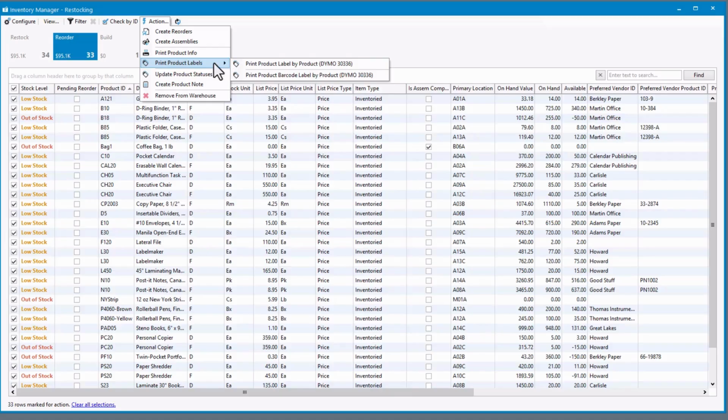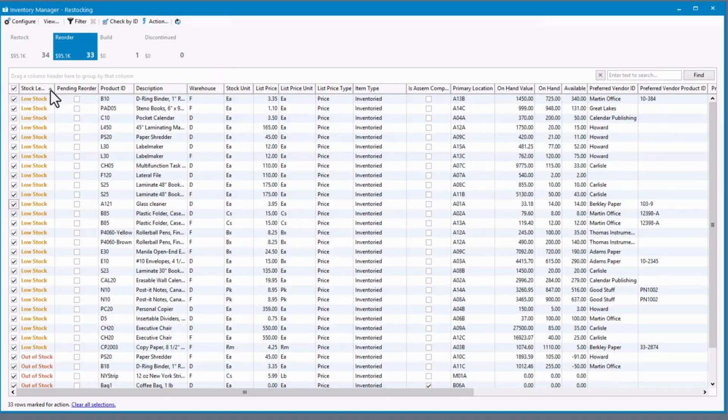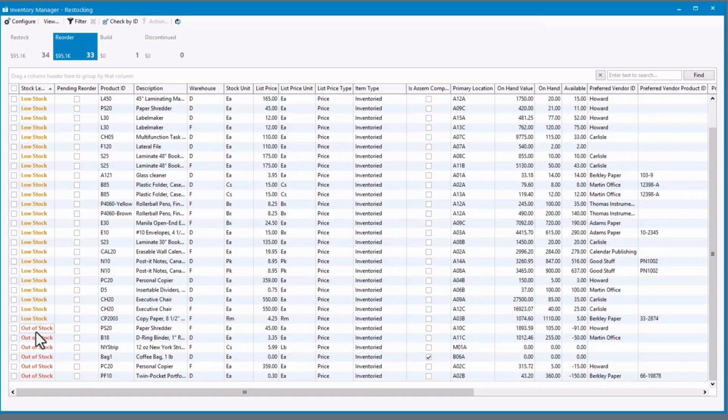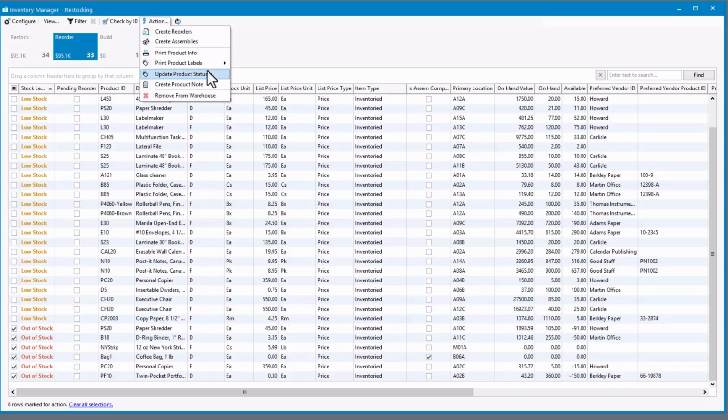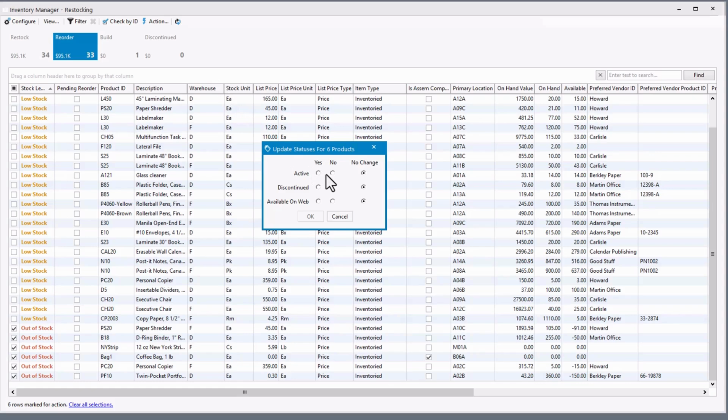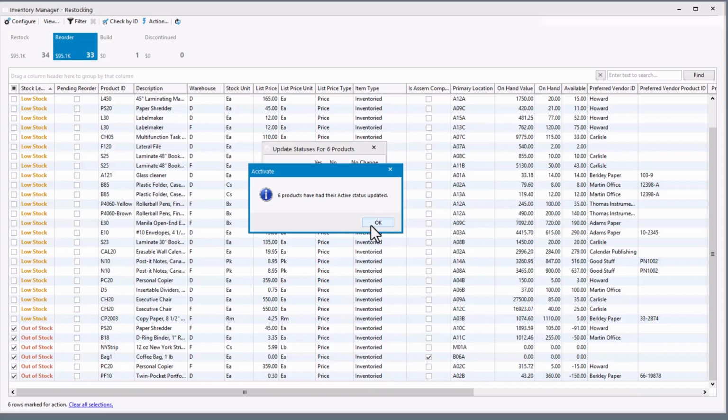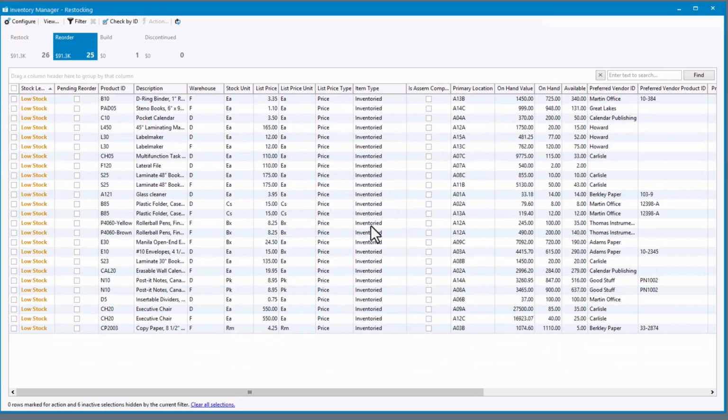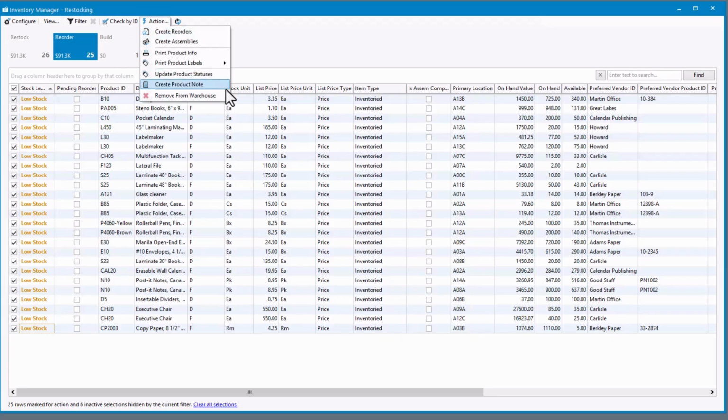Next, I can batch update product statuses. For example, I may know that I'm no longer going to carry the out-of-stock products. I can select these products and use the Change Status window to make them inactive. I can update multiple statuses at a time. Likewise, I could select the low-stock products that I don't plan on replenishing and mark them as discontinued. Alternatively, I can remove products from warehouses they're no longer stocked in. There are some requirements, such as I have to have 0 inventory and it can't be used on any open